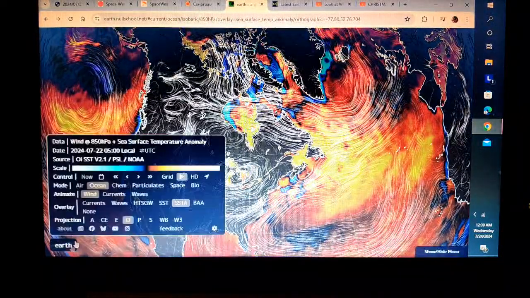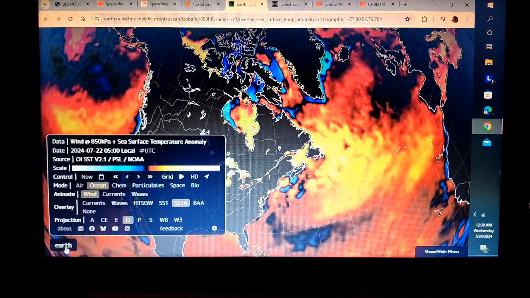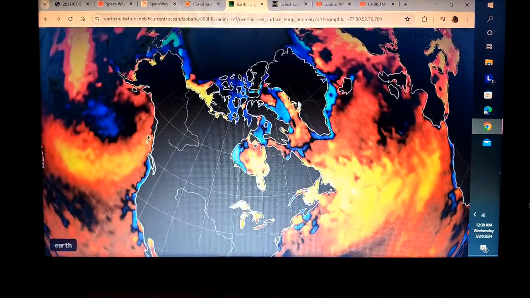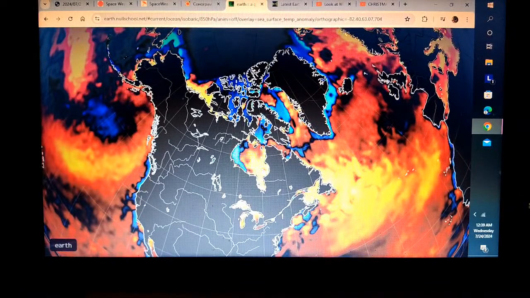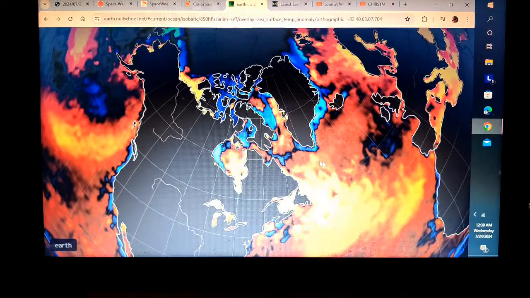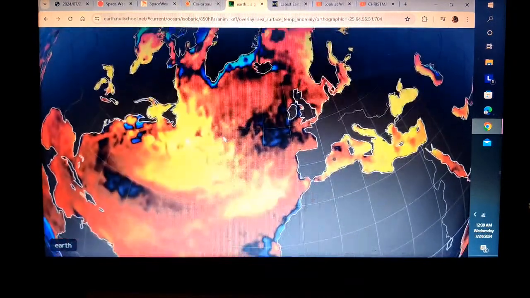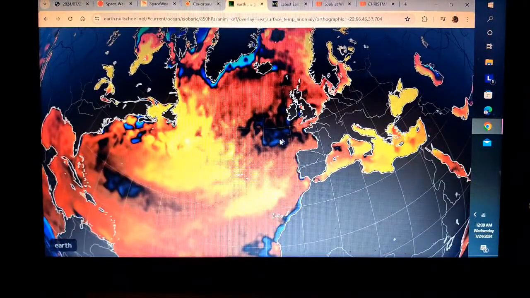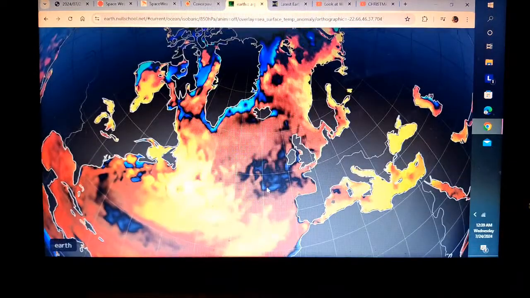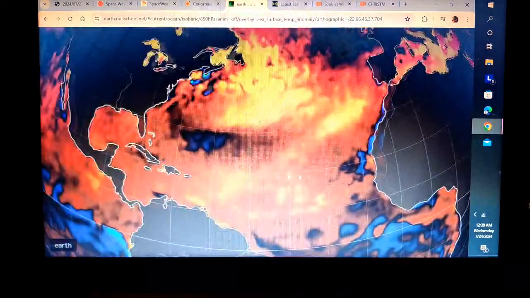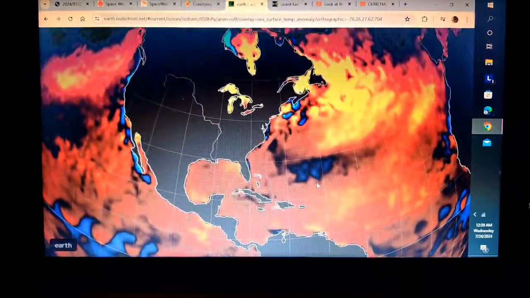You see clear off here. Let me take the wind down real quick. Okay, you see them clear up here off the coast of Greenland. We got hot water anomalies off the coast of Greenland. Okay. All throughout that area. Here's a little cold patch right here, but that's about it. We got this last little patch holding out right there.